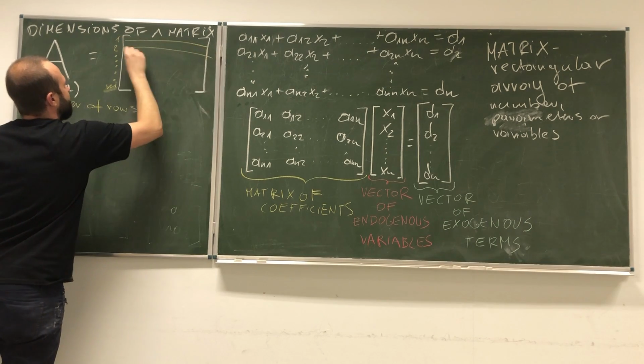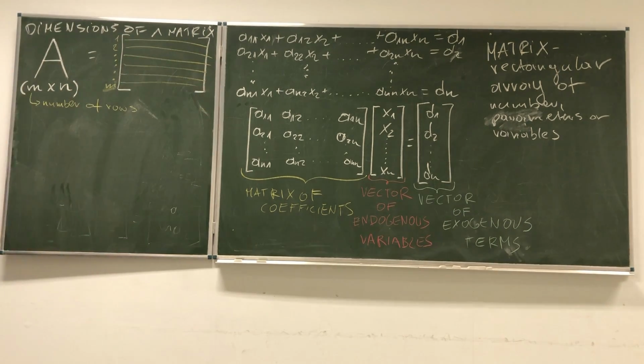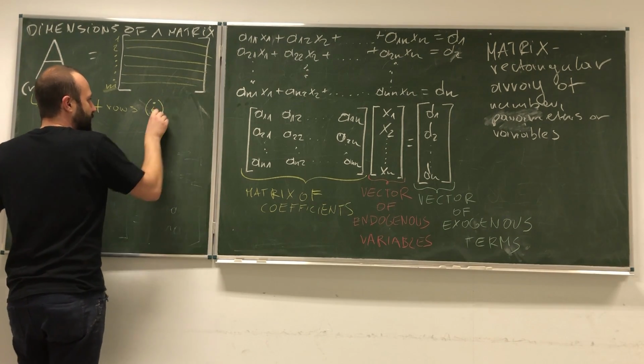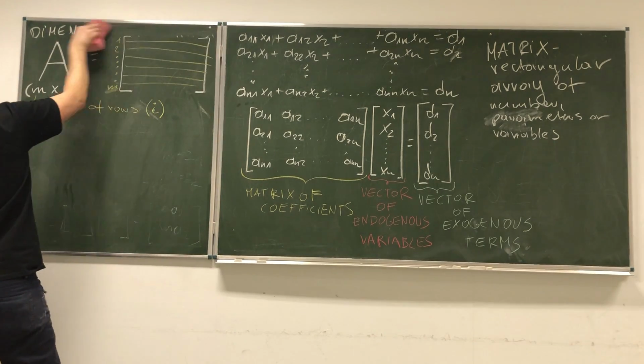Rows are going like this. Remember, this is very, very important. Now, we denote each row with lowercase i. Now, on the top, over here, we have columns,